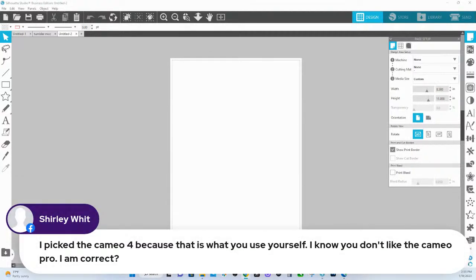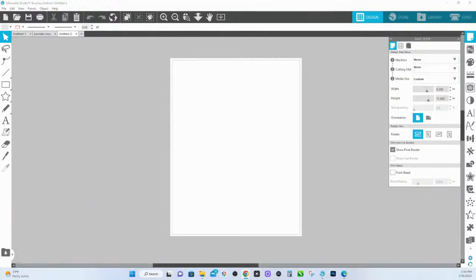I picked the Cameo 4 because that is what you use yourself. I know you don't like the Cameo Pro. Am I correct? Yes, that is correct. I am not a fan of the Pro. The regular one, the 12-inch, or the Plus, the 15-inch, are okay. The Pro, for some people, they're like, hey, it's the only one I know. I think it's great. Some people love it, but just in my experience with helping others with it,